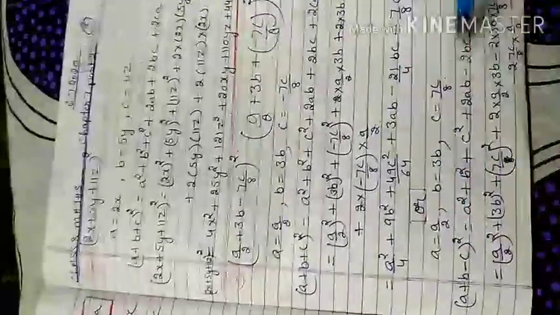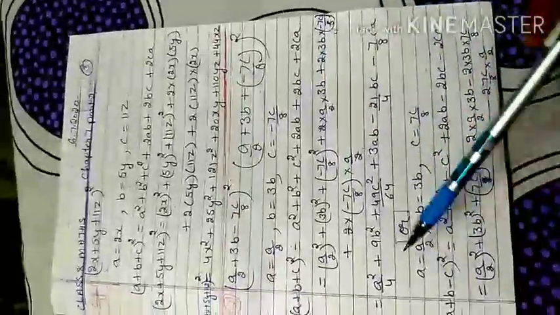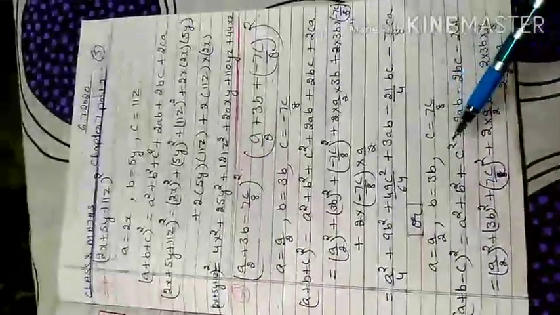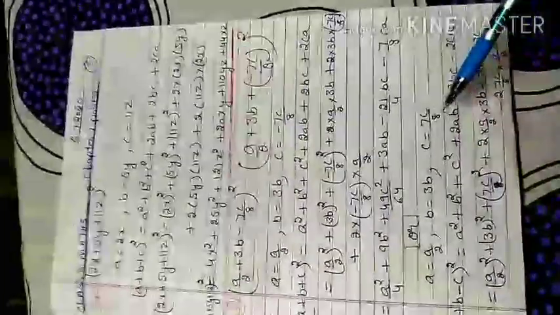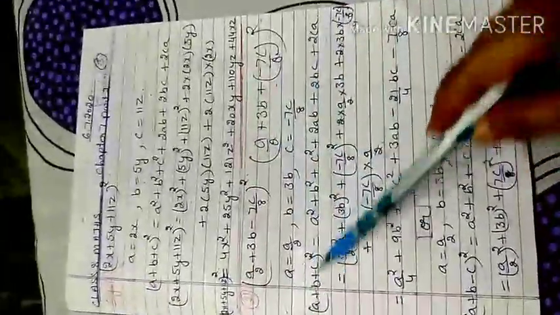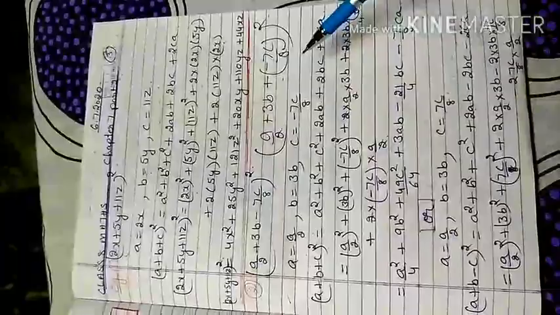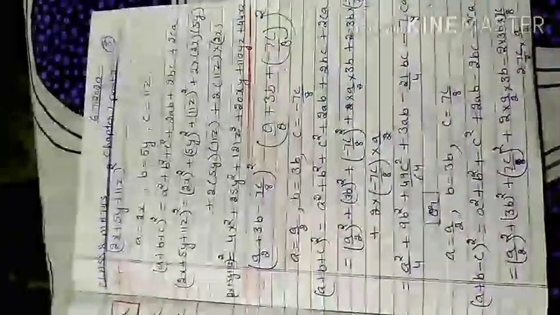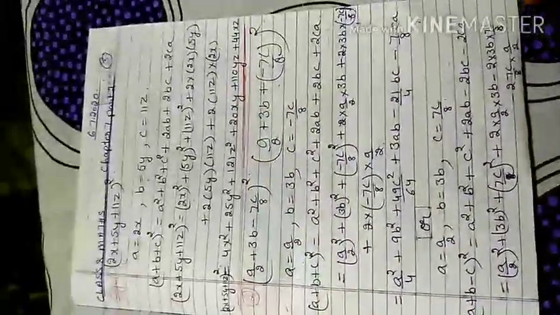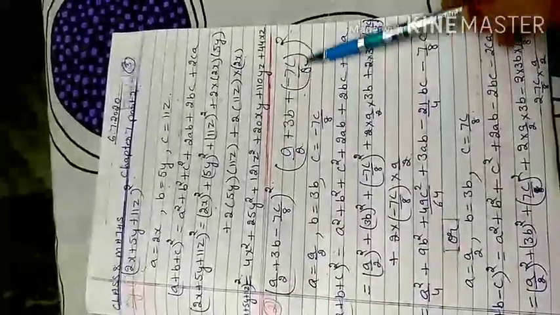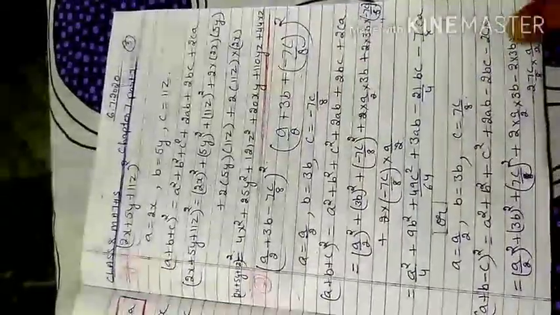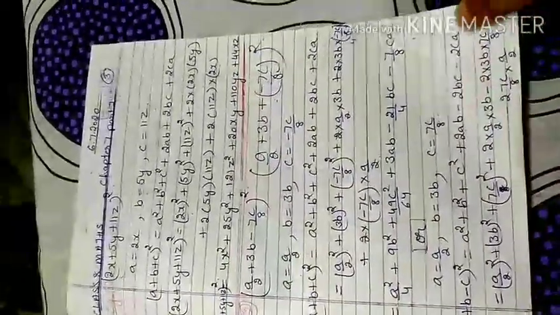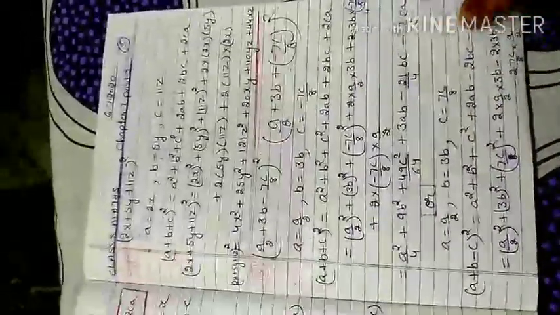But if I remember the formula, when I pick the terms a, b and c, there is no need to pick the sign that accompanies the term. If you do not remember the formula, you convert this into the a plus b plus c whole square formula, and then you have to accompany each term with its sign, because I separate this as a, b and c with positive signs between the terms. So the negative sign accompanies the term, and according to that you pick the term and apply the formula.